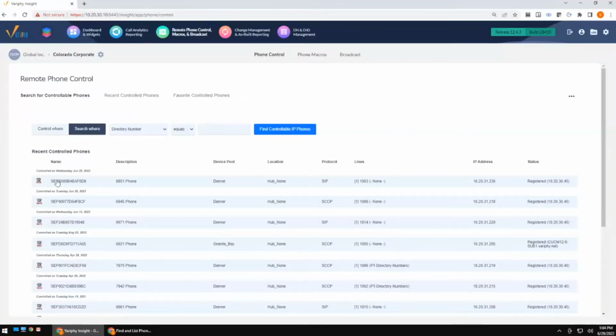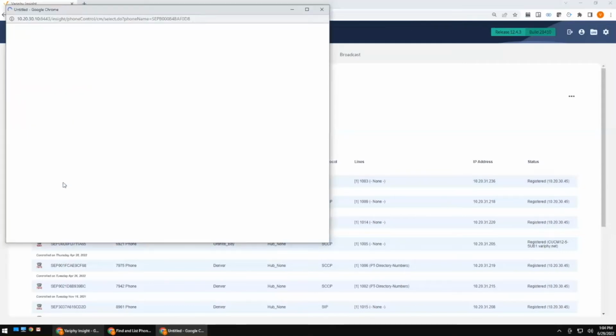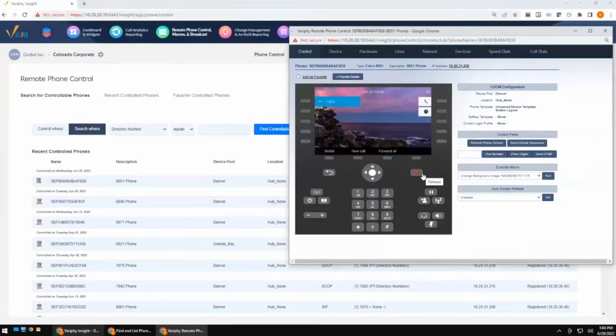First thing I'm going to do is go ahead and pop this guy open right here. This is going to give us a good model of phone. I'm going to do my best to squeeze all of this onto a single screen so that way you can see how I'm building the macro as I'm building it. So I'm going to use this 8851 as an example, and we're going to build an ITL reset macro.